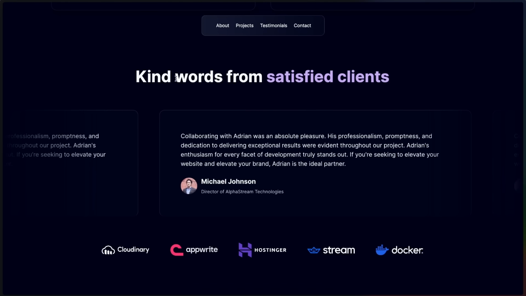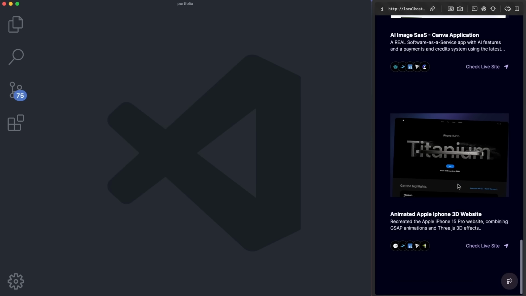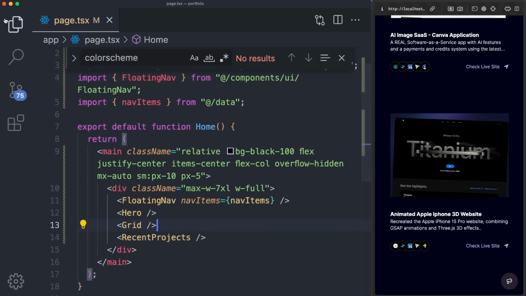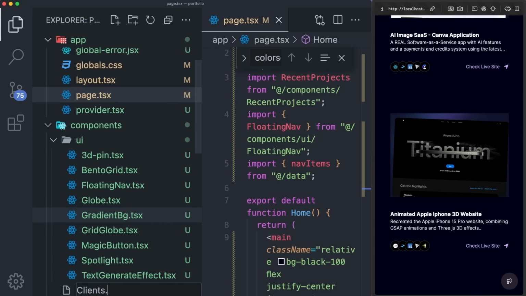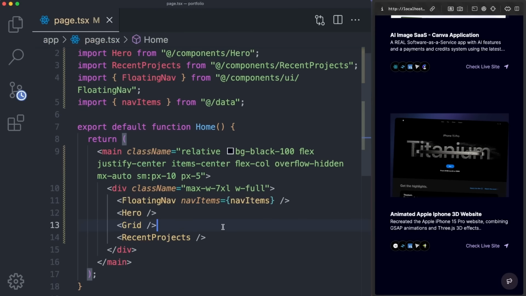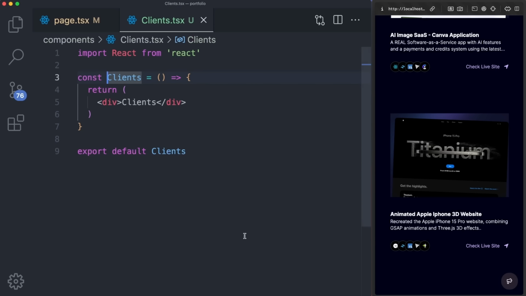Next on our list, kind words from satisfied clients. To start developing it, I'll scroll down, navigate over to the homepage, and create a new section under components called clients.tsx, where we can run RAFCE, and then we can simply use that component right here, clients, and we can import it, go into it,